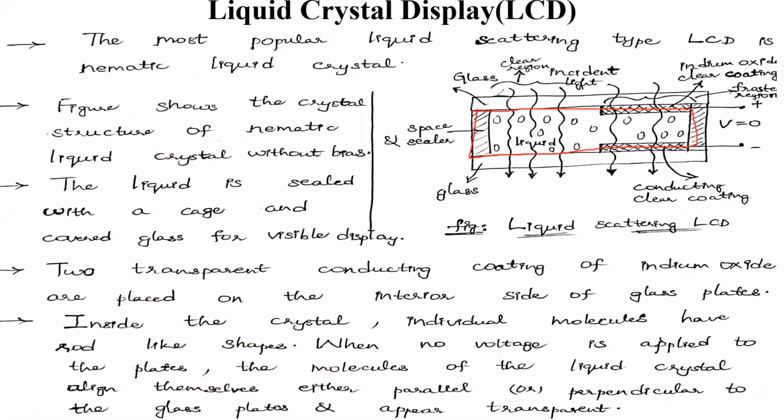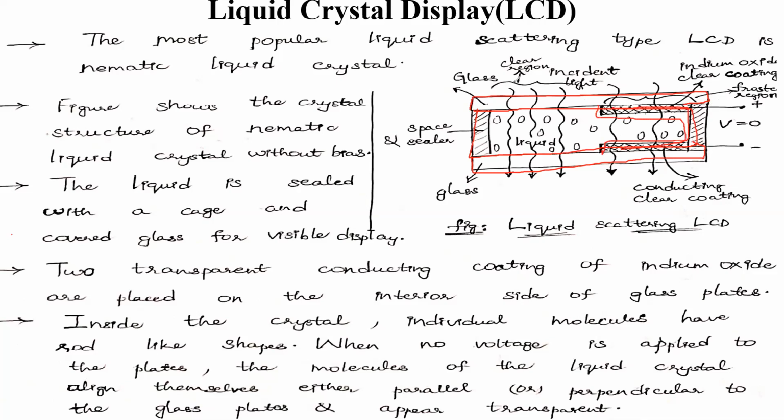Thereafter draw this structure, as well as this structure. After drawing these two, in between I am giving the glass structure, and in between the liquid molecules are going to be obtained like that, and this is the space here, and sealers. These two are sealers here, and this is the Foster region. This region is the Foster region.